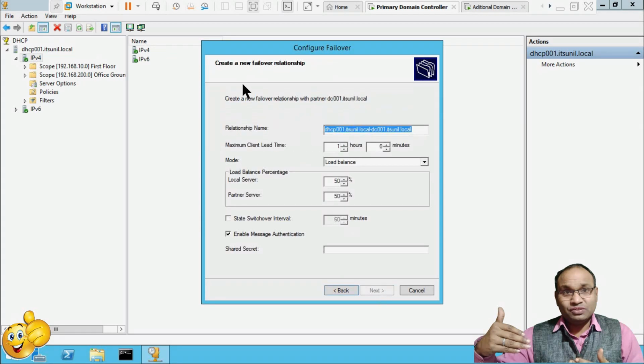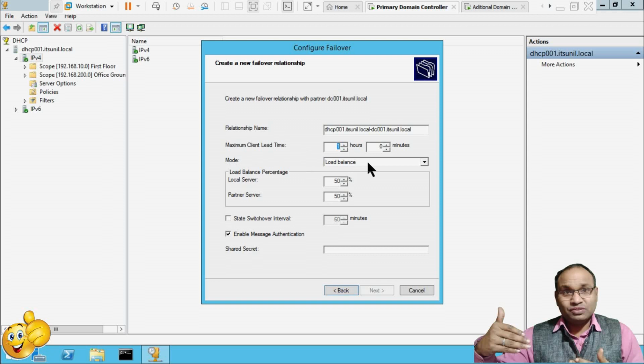Here is the configuration: create a new failover relationship. The relationship name you can type here as whatever you want. After the time duration, my secondary server will provide IP addresses to the clients. This is the maximum client lead time.